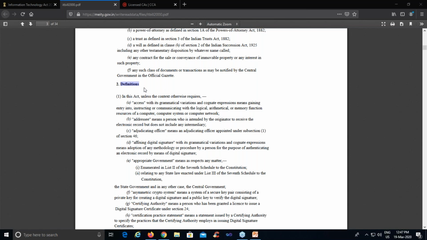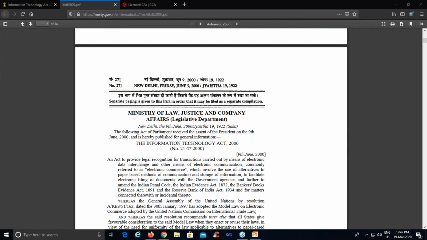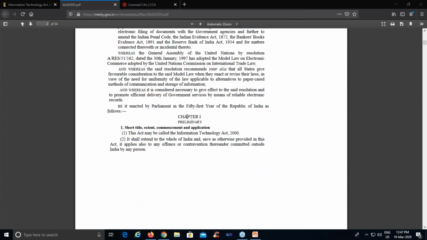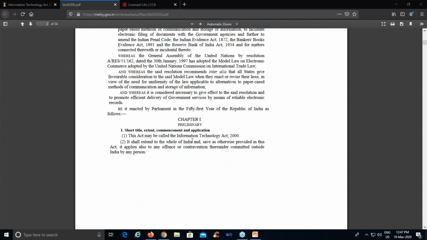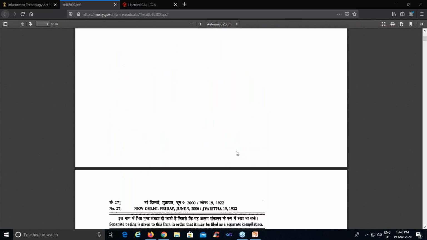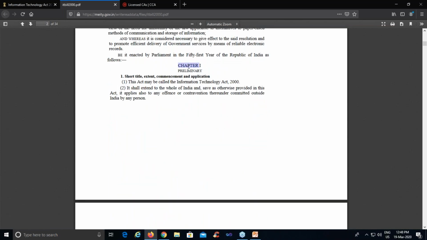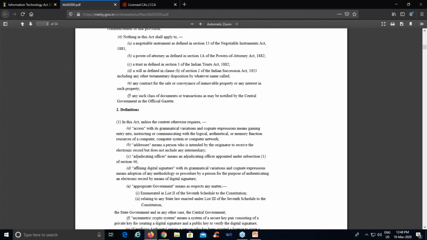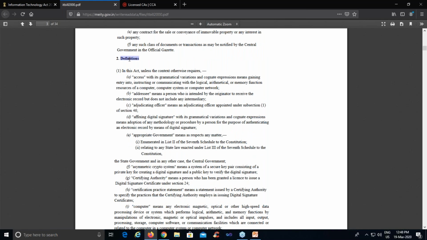Most important thing that I'm going to cover under IT Act 2000 is definitions under section 2 in chapter number 1. Now onwards we will say that under IT Act 2000, Gazette of India, Bharat Ka Rajpatra, based on that document under chapter number 1, there is section number 1. We will focus on section number 2, that is definitions. Here you can see all the definitions of digital medium, right? You can see what is access, what is addressee, what is adjudicating. Yeah, that is a term of law.